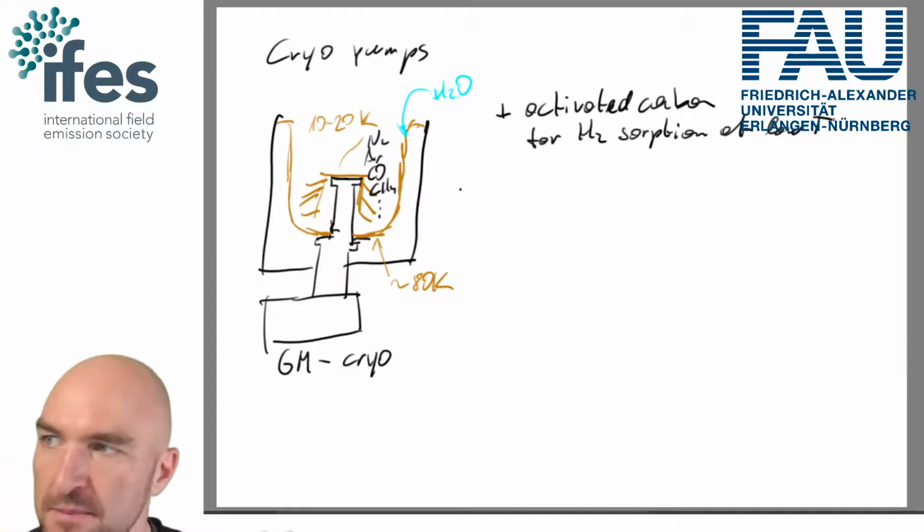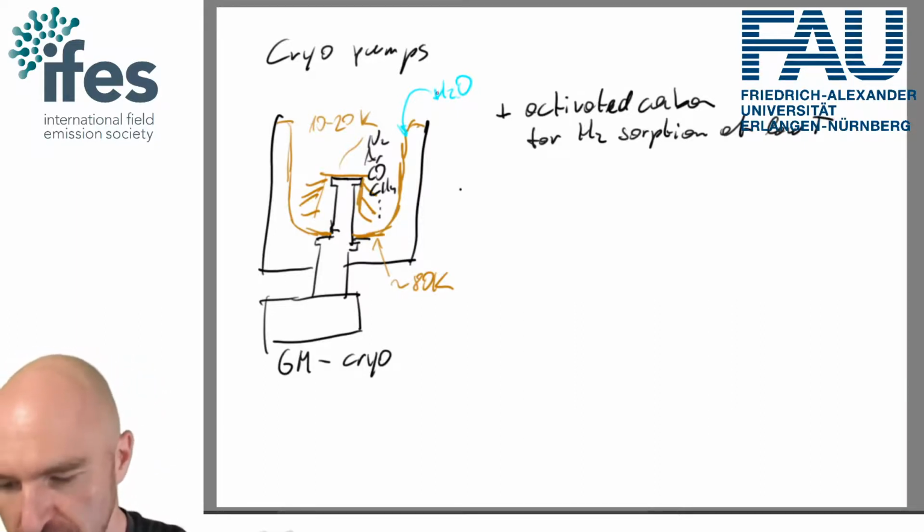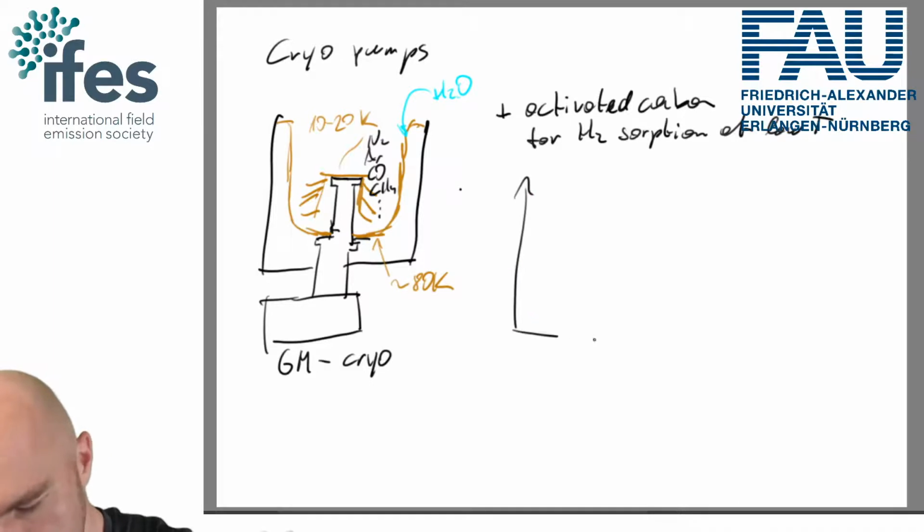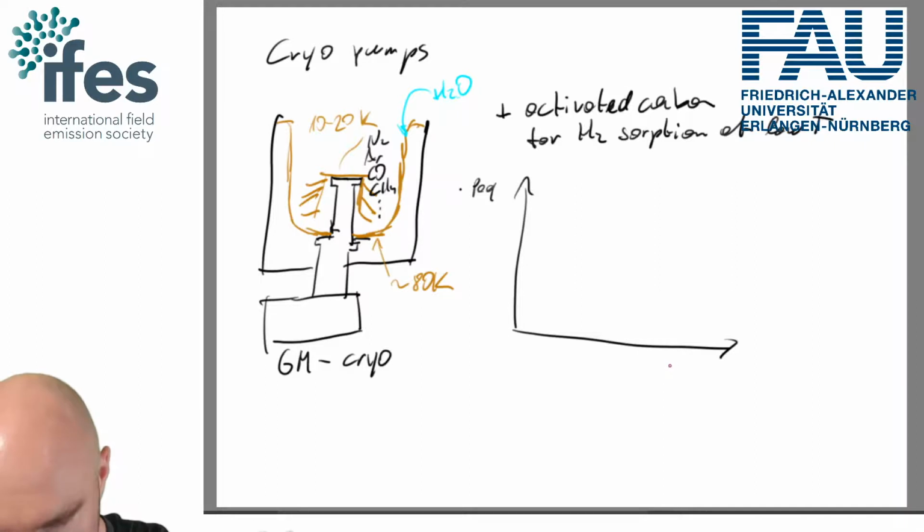And so you can see all of the other gases would be pretty easy here, but only hydrogen would be left. So if we look at equilibrium pressure, so P equilibrium versus hydrogen adsorbed or sorbed,